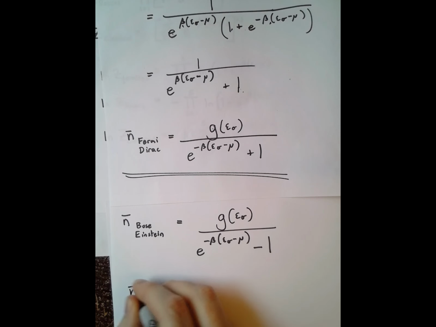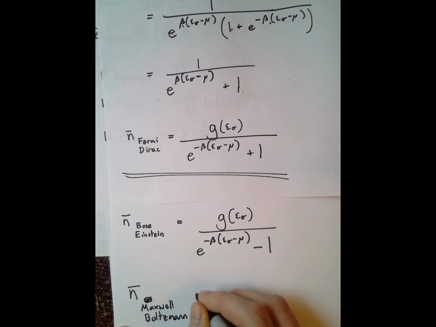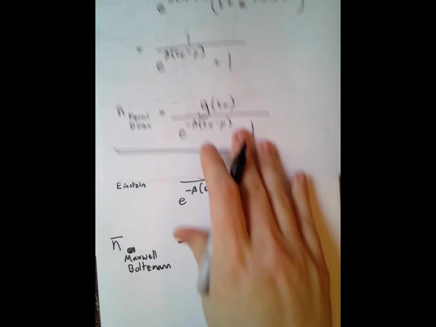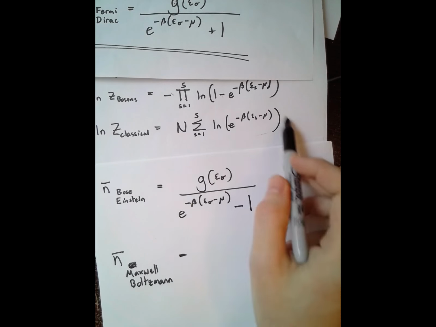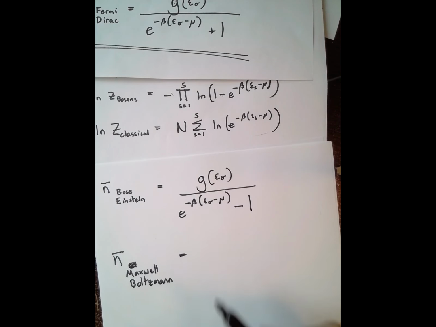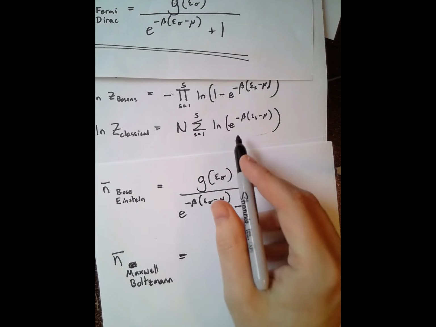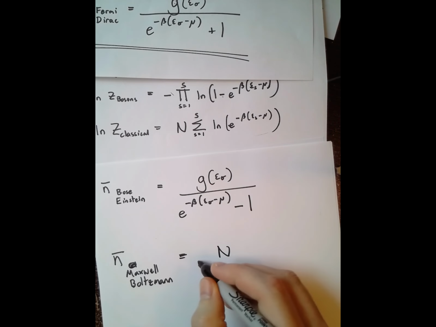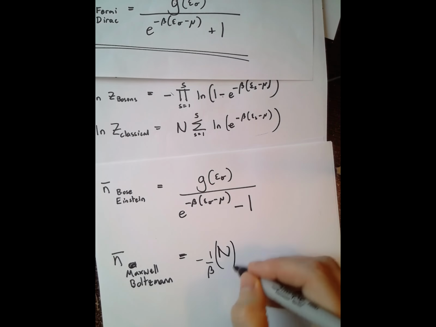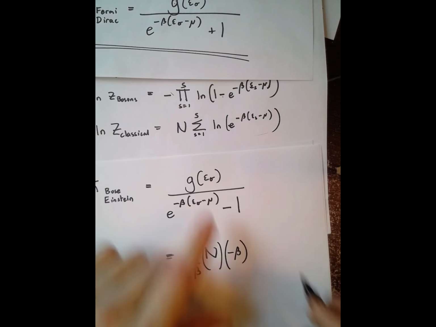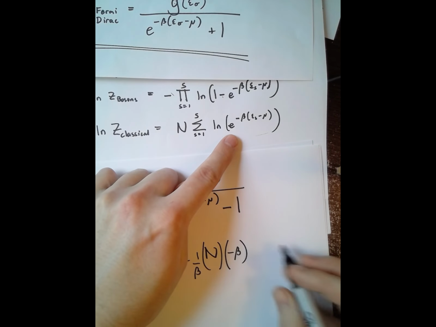And then finally, let's do the classical gas. And this is the Maxwell-Boltzmann distribution function. So now we're differentiating this with respect to epsilon s. So we're going to get n. We've got minus 1 over beta. The differential brings down a minus beta. And then we get